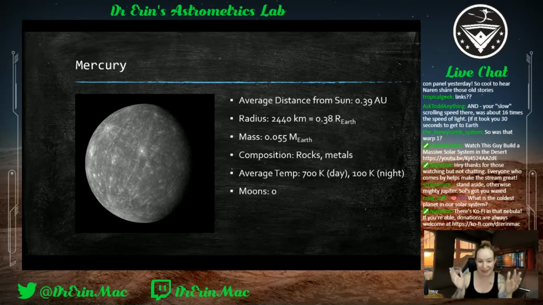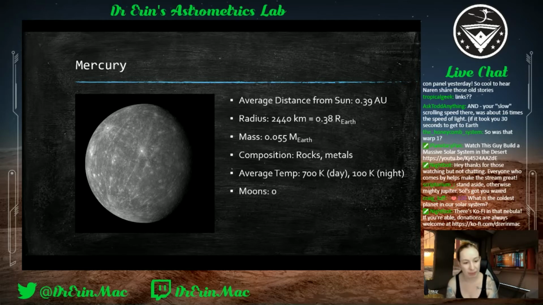So Mercury. Mercury is the closest planet to the sun. For some of you, you may have seen my space-time talk where we talk about the fact that Mercury precesses as it goes around the sun. It's not as extreme as that, but it does trace out a slight flower shape as it goes. Just the nature of its orbit.